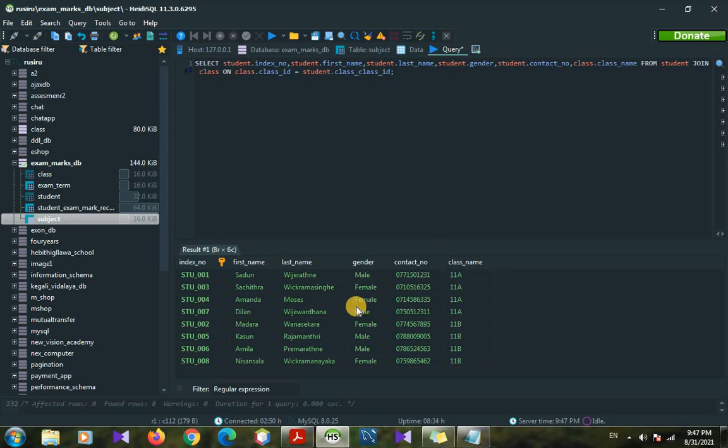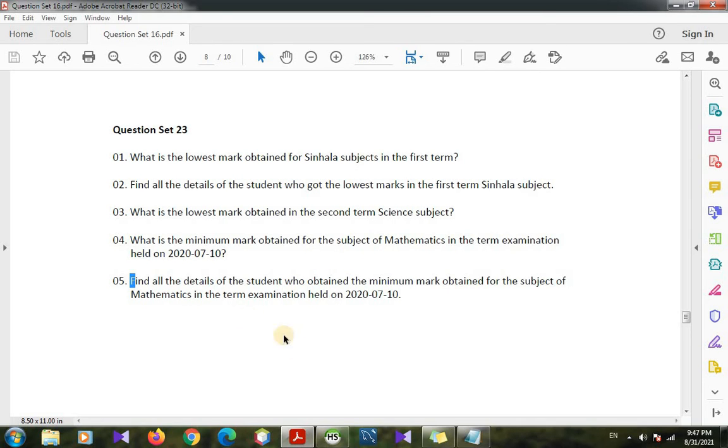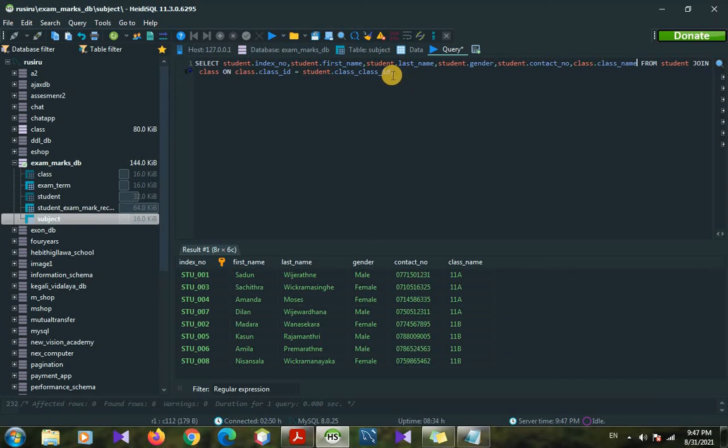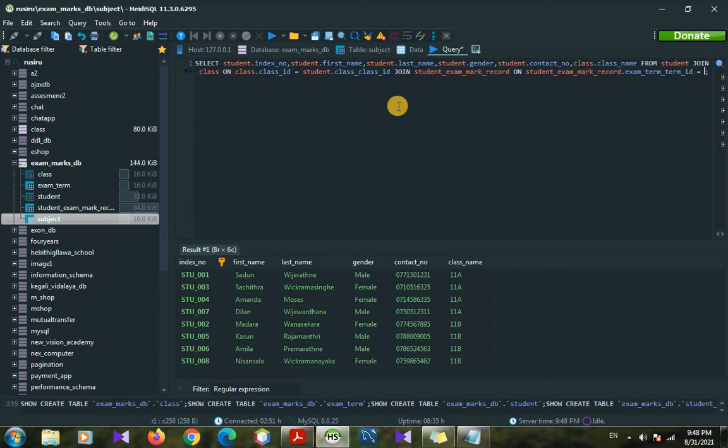Next we can join the subject table to select here. It's asking for the mathematics subject. So here we can join first the student exam mark record table. So here we can type another join, join student exam mark record table on student exam mark record table dot term ID equals, no, not the term ID, student index number.